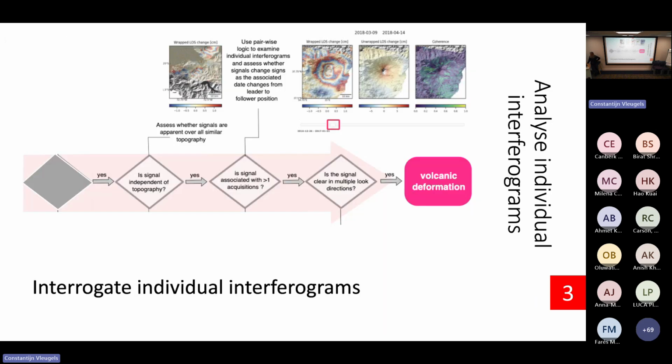So what I suggest that you do is try and think about how you're going to decide whether the signal that you find when you're looking on the website is real, as in it's a volcanic process or tectonic process, or it's one of the sources of noise that we discussed earlier. So you might start off by saying, is the signal independent of topography? So you can do that by,